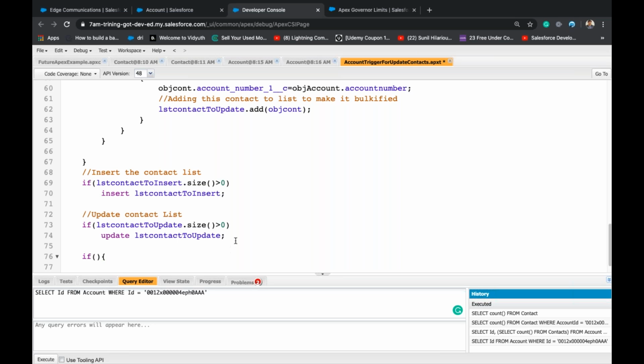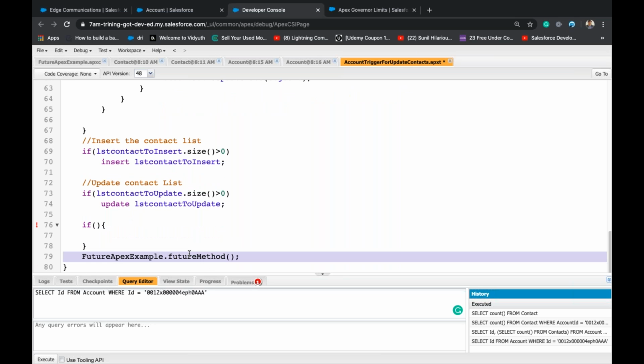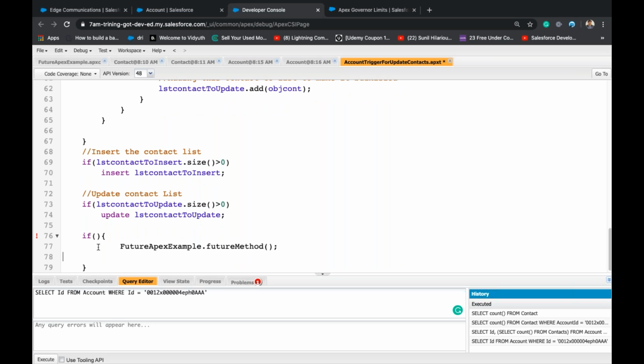Remember, future method kind of thing should be put in after context. And I want it to run in after update because a new account will not have context, right?